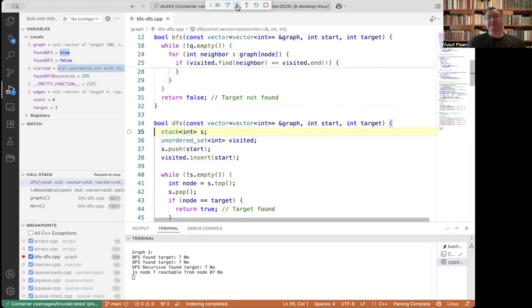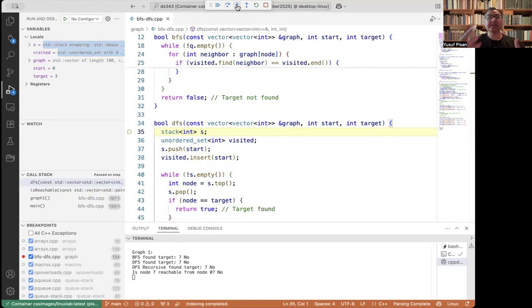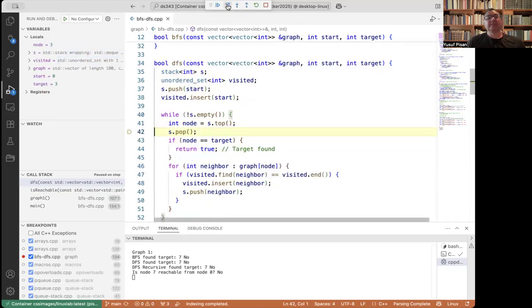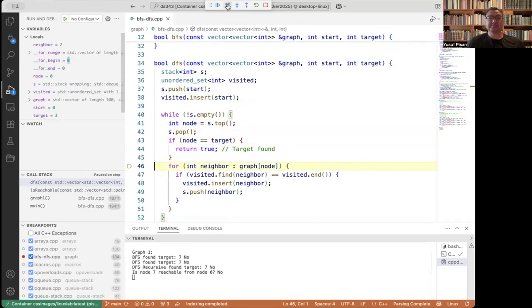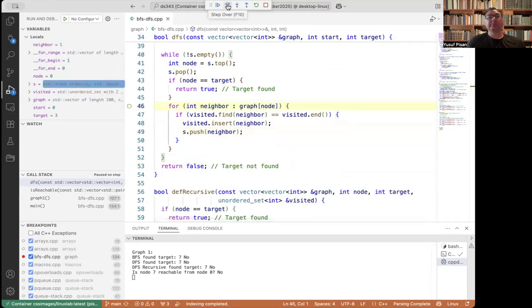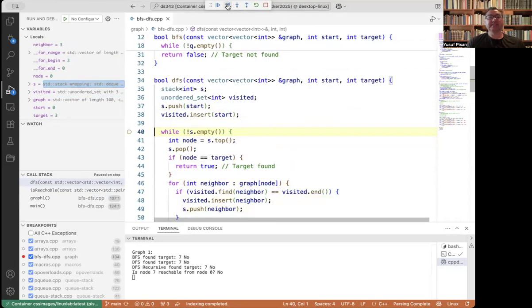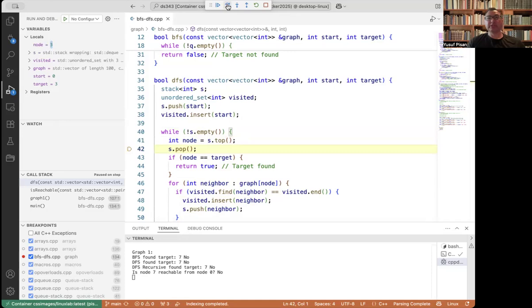In terms of DFS, once again, the same kind of algorithm, but instead of a queue structure, we are using a stack structure. We are starting from 0, and 0 is not our target. We look at our neighbors. Our neighbors are going to be 1 and 3. So we push them onto the stack. So next, we look at the node 3 from the stack, and hey, we found it as our target, and